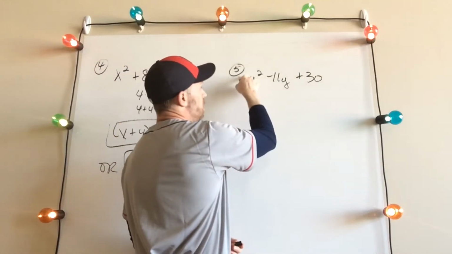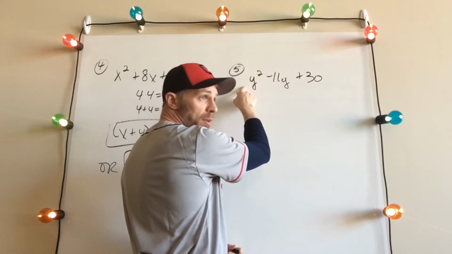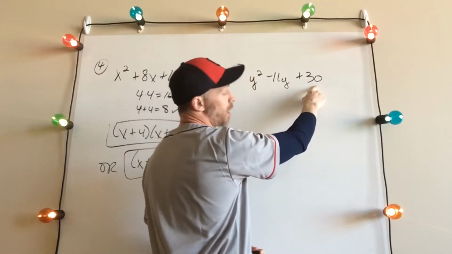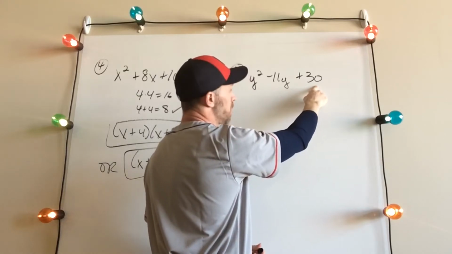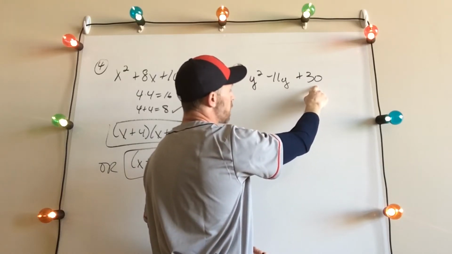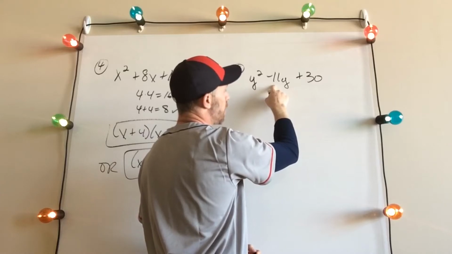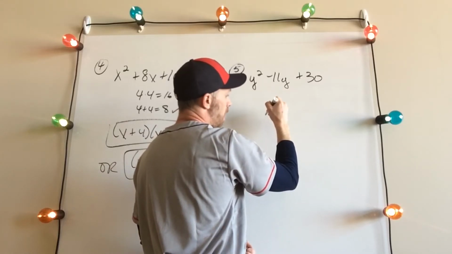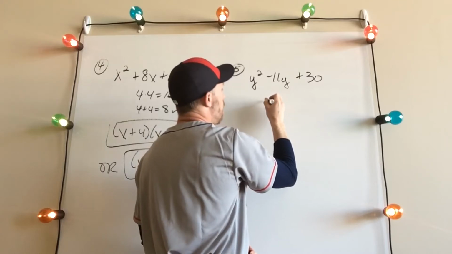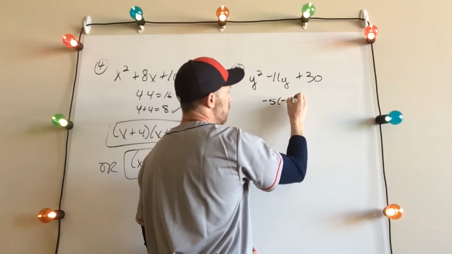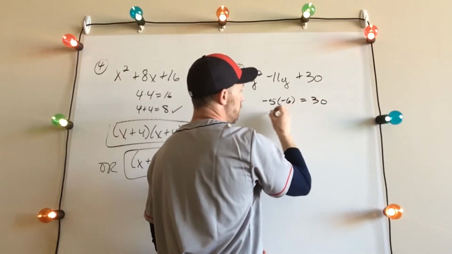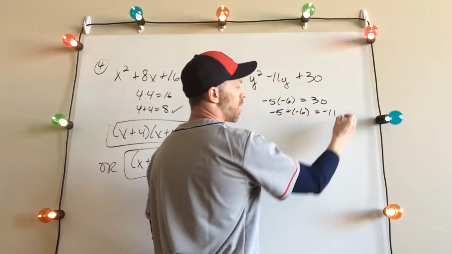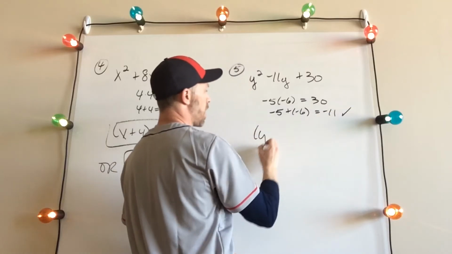Over here, again, there's an invisible 1 in front of that y squared. So we can take a look at c. Our c value is 30. We're looking for factors of 30 that add to a negative 11. Let's see here, 5 times 6 is 30. If we make them both negative, it's going to give us a positive 30. And when we add them, we are going to get that negative 11. So that should factor